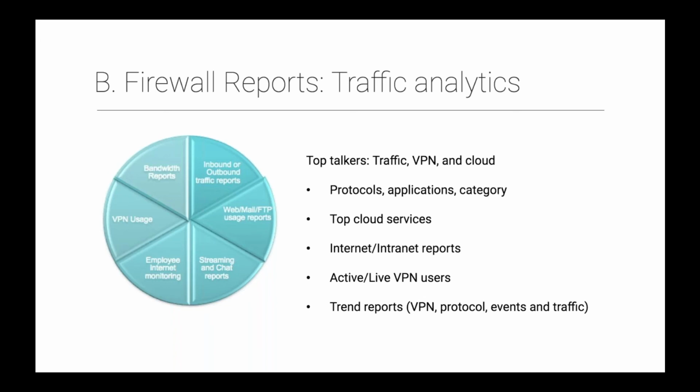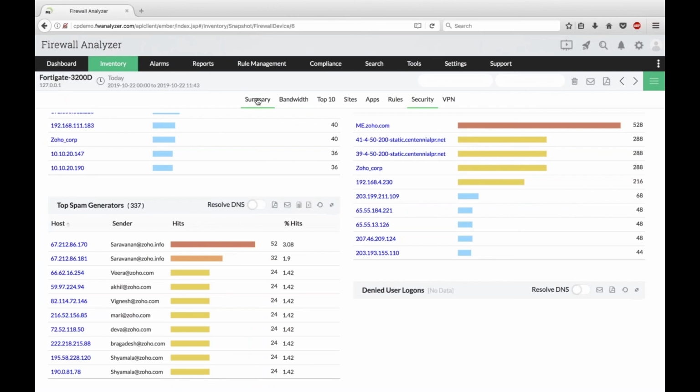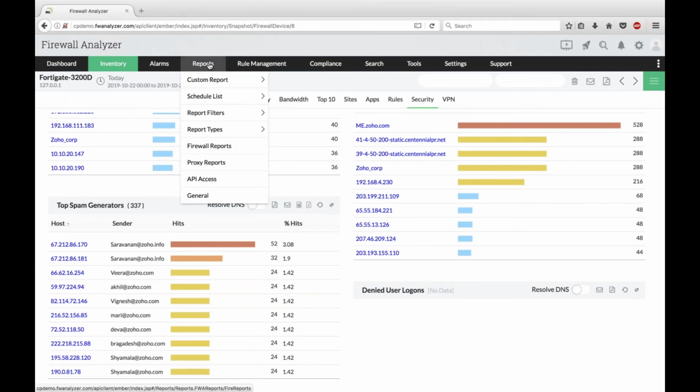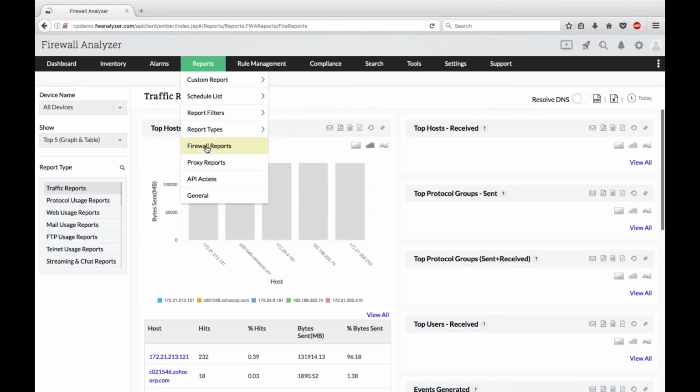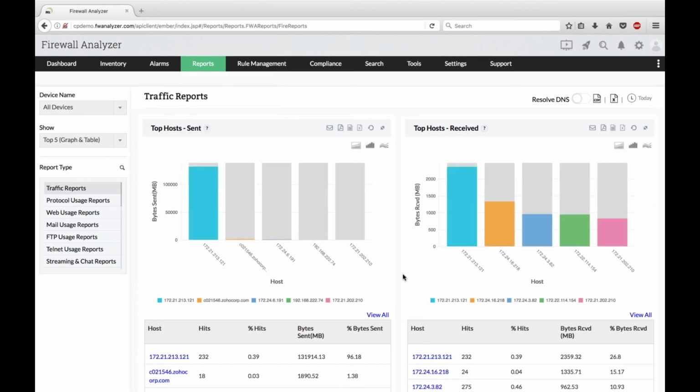So let us look at how the traffic report looks in the product UI. To access the traffic reports, under reports, click on firewall reports. In firewall reports, as I mentioned before, firewall reports can be split into two. First is the traffic reports, which has the overall traffic report, and then you